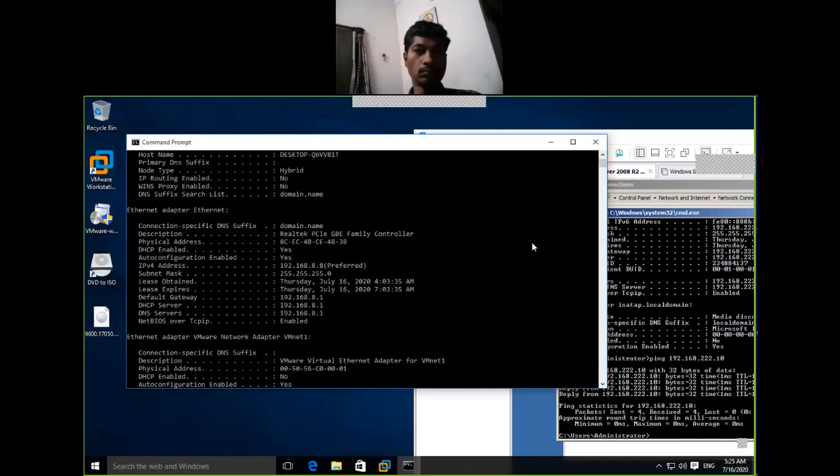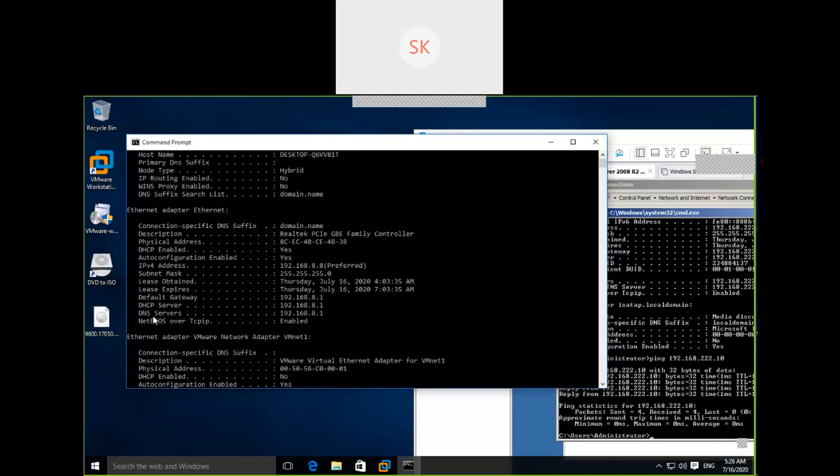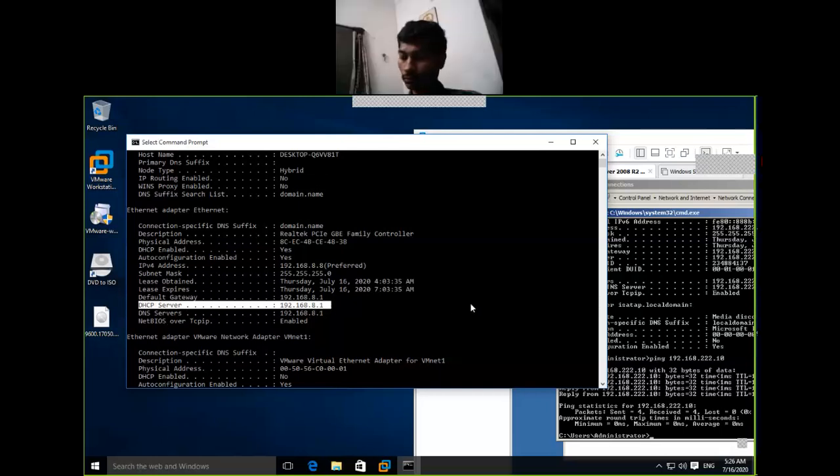See here, is it DHCP or static IP? In this configuration, if you find a DHCP server, there is a concept called DHCP server. Just to highlight the DHCP server. In ipconfig /all, if you find the DHCP server IP, that means you are getting an IP address from a server.